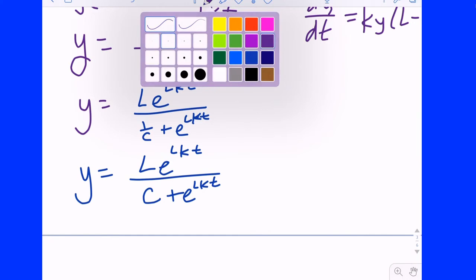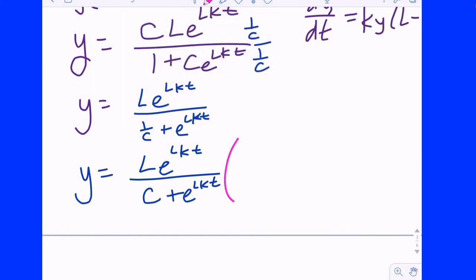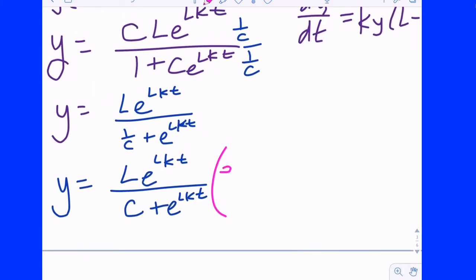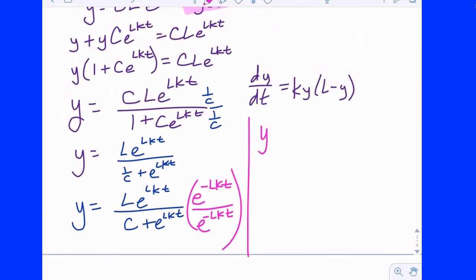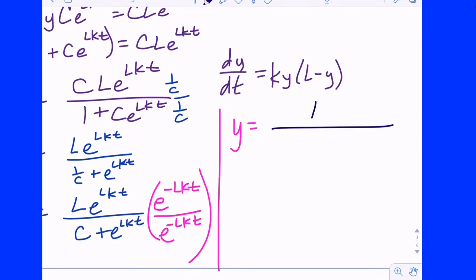Now I'm going to do something else. I'm going to multiply by another clever form of 1, and it's not 7 over 7. It's going to be e to the negative LKT power over e to the negative LKT power. Let's see what that does for me. I get y equals, I'm still going to have a fraction. What happens in the numerator? I have e to the LKT times e to the negative LKT. The bases are the same, so I can add the exponents. What is LKT minus LKT? 0. What's e to the 0? 1. So I'm left with L times 1, which is L,